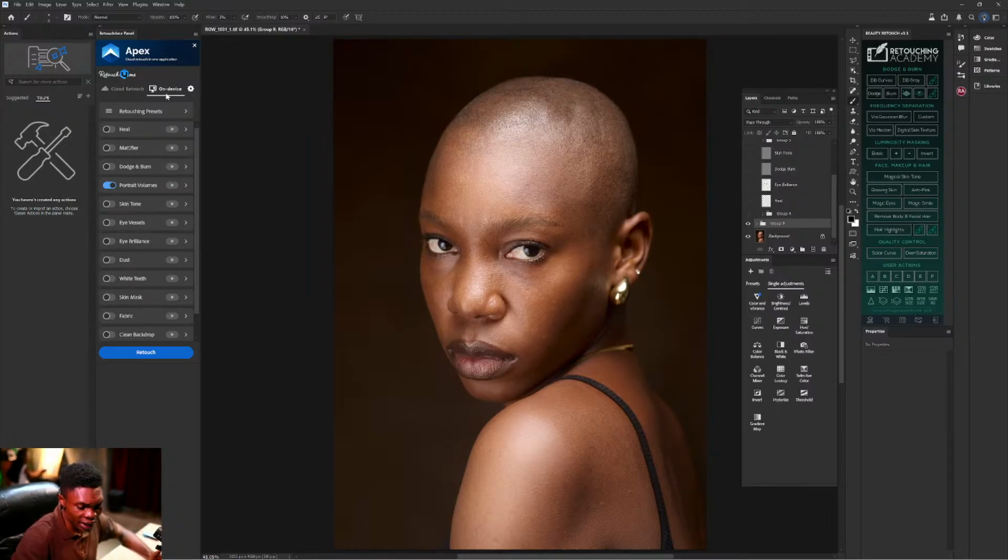You don't need internet, and it's a one-time, once-in-a-lifetime payment. Then there's the cloud retouching. Retouch4me cloud retouching costs $20 for 200 retouch credits, and 200 credits is 200 pictures. That is if you do monthly retouching. But if you pay as you go, that $20 gives you 100 retouches. Anytime you want to use it, you use it.